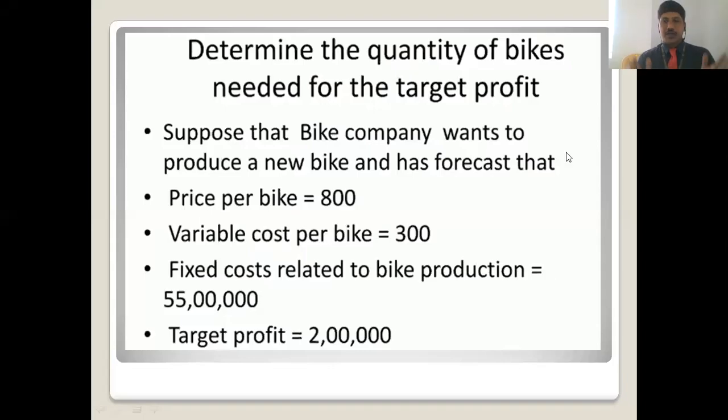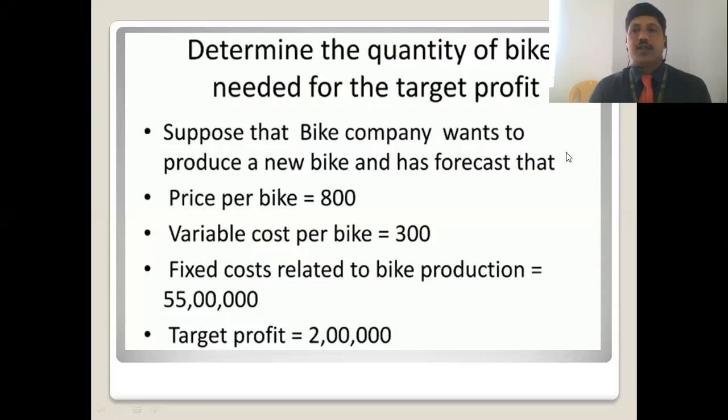You are able to understand. Once again, I'm explaining here. The given question was that the company wants to launch a new bike. After launching the new bike, it was expecting to get 2 lakh rupees profit. To get 2 lakh rupees profit, now the company wants to know the quantity of goods that